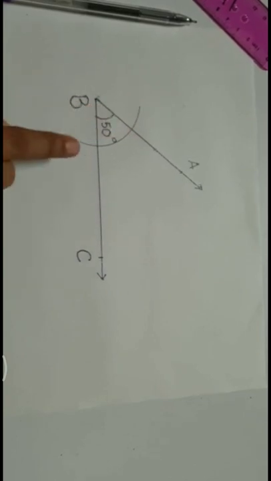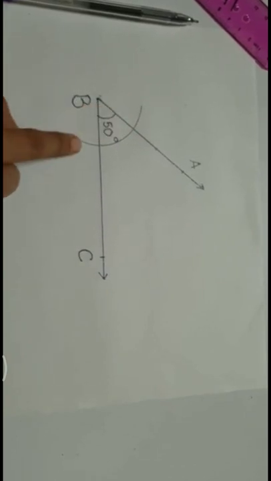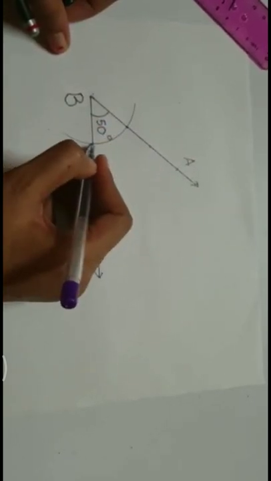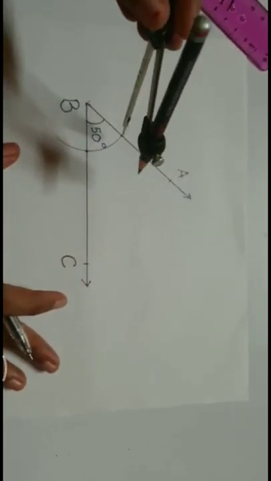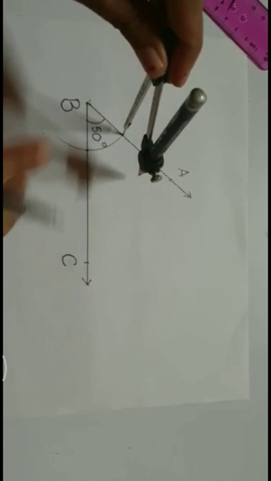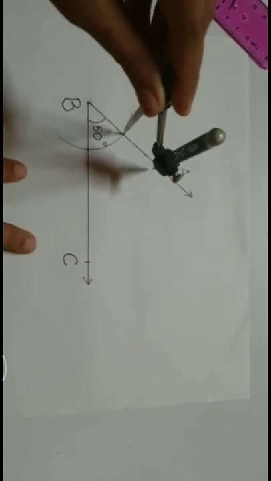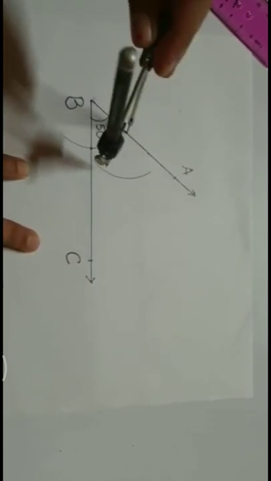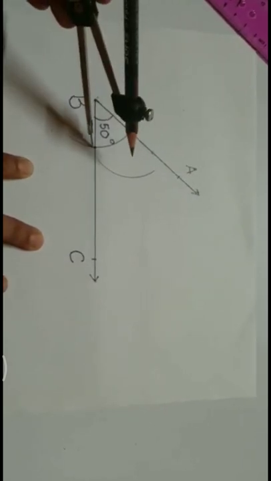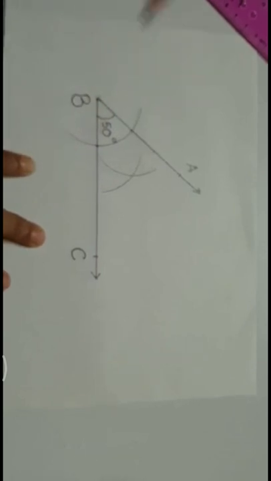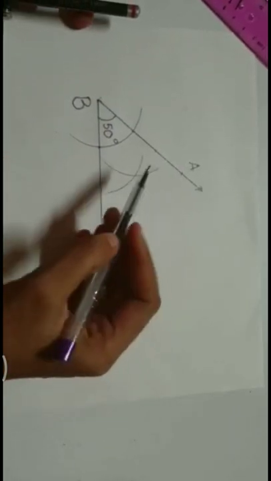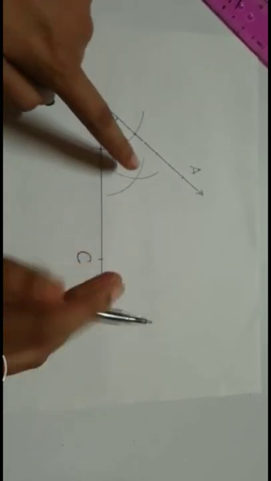and there are 2 points where these arcs are meeting the arms. So I am going to mark it. Okay, you can see I have marked 2 points. Now take the same distance we had taken earlier on the compass, and placing the steel point on one of those points, you draw an arc. Place it on the other arm. Again, draw an arc which is intersecting. So here you are getting an intersecting arc.